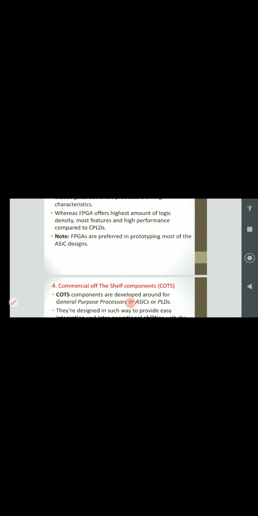One more thing you have to note here is that FPGAs are preferred in prototyping most of the ASIC designs. Before developing any application specific IC, the manufacturer will use FPGA as a programmable logic device for prototyping before manufacturing.